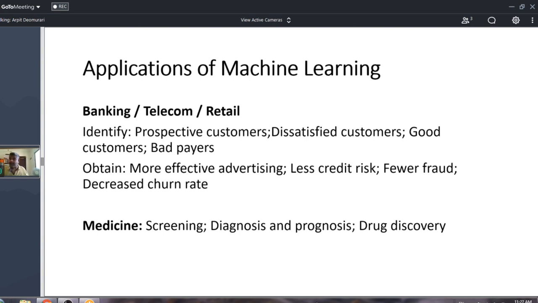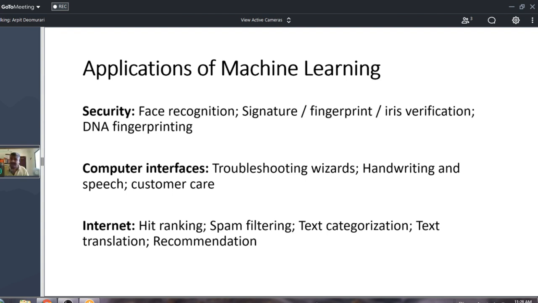Means you have to administer that to a human or a mice, and then you look at the parameters and differences. But now you have a mice as the whole genomic system ready-made available. In security, as I mentioned, face recognition, your Aadhaar card, your iris verification, fingerprints, DNA fingerprinting, all these things. Computer and internet, I mean, huge. The whole technology has been developed on that.